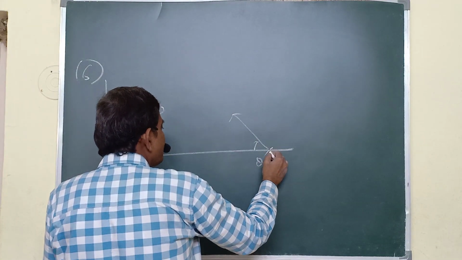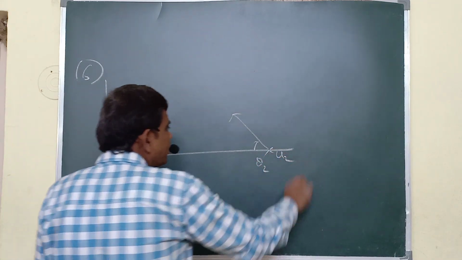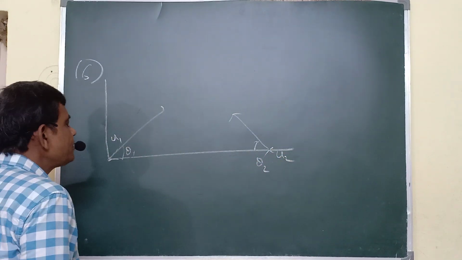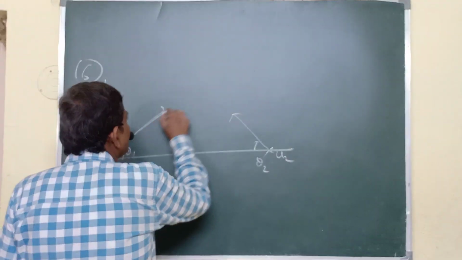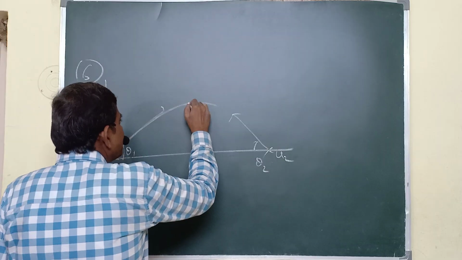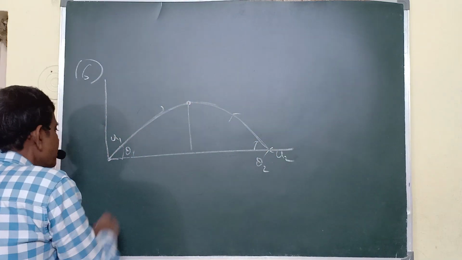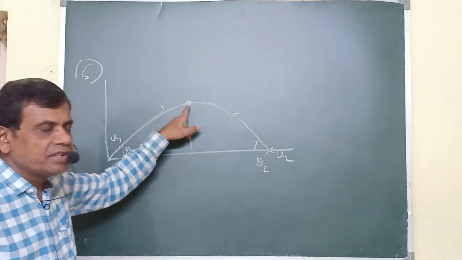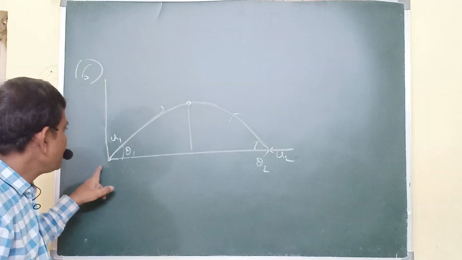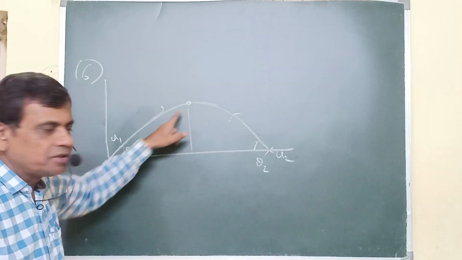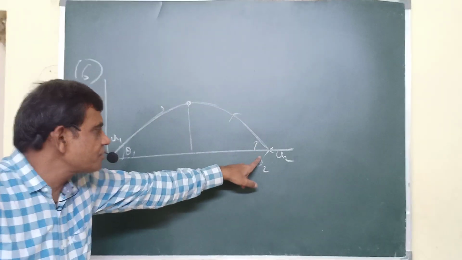Then the velocity is different. This velocity I am taking as u1, and this velocity I am taking as u2. After some time these two are colliding, as given. Where are they colliding? For example, here. If it is coming from here to here in time t, this also takes time t. For example, if it is 1 second, this also must be 1 second. If the ball reaches this position in 2 seconds and the stone reaches in 1 second,